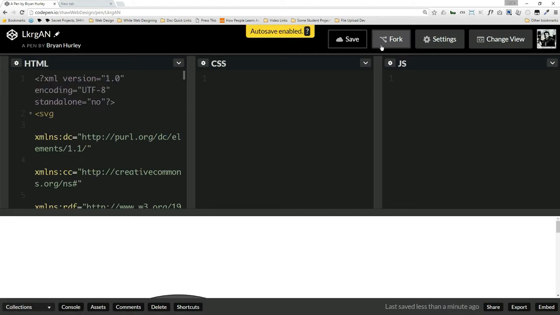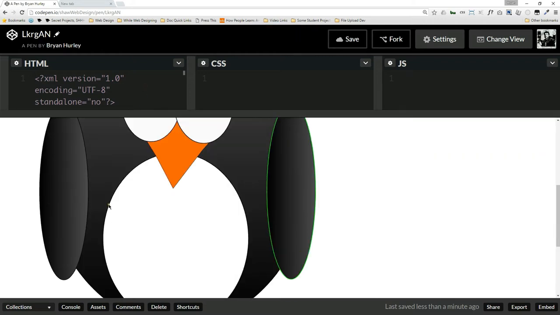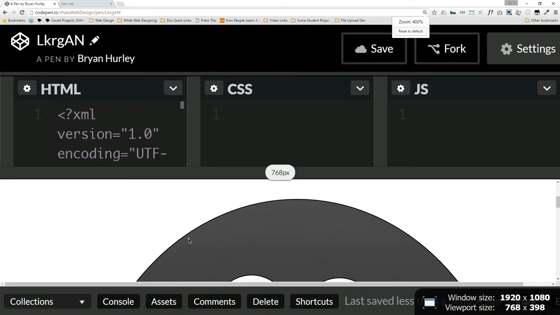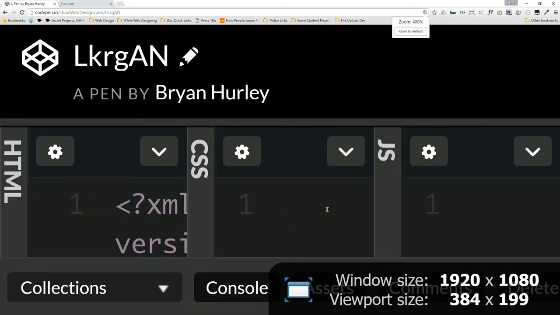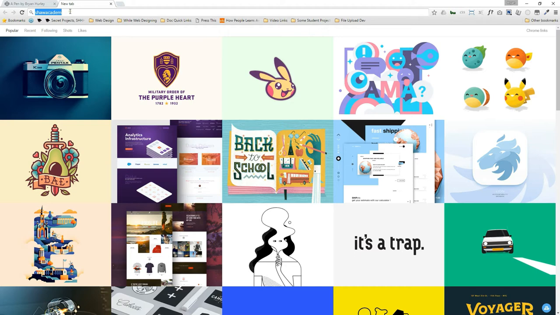I only started working with SVGs just a few months ago, because it was immensely fun when I first saw an image and I could do this. No, I can't do that there. Anyway, the first time I saw an image, let's open up that image. So it was